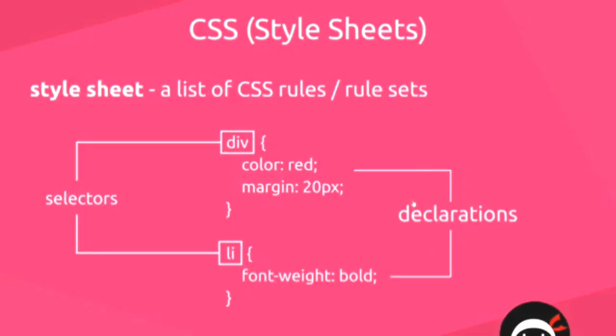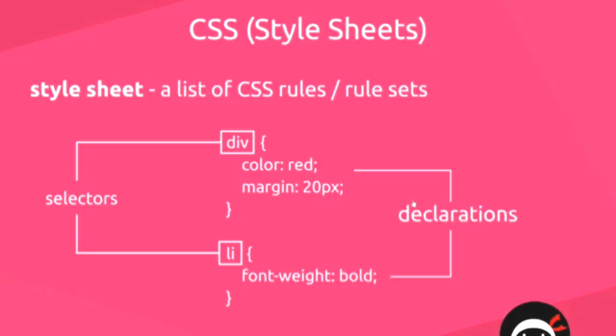So there's a couple of different ways we can add CSS to our HTML. One way is to add it directly into the HTML page inside some style tags, and we'll see that way. And another better way is to use external style sheets where we have a separate file just for all of the CSS rules. And that is the way we're going to be focusing on. We will see both ways in action, but for the most part, we're going to use an external separate file